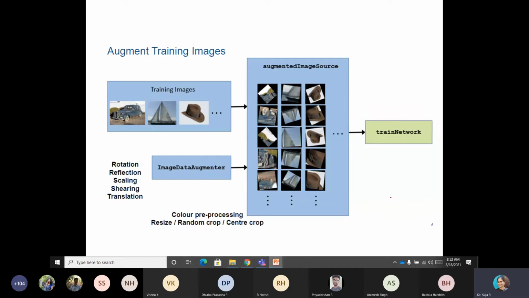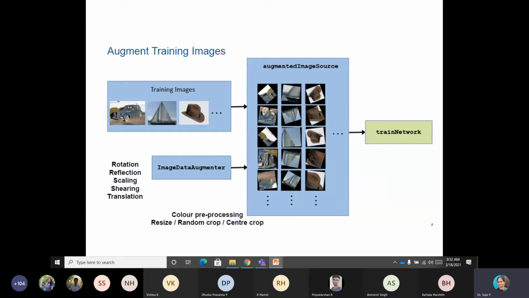Augmentation means we are performing operations like rotation, reflection, and scaling. I think in the beginning I explained all this. All these are called two-dimensional transformations, or affine transformations, because they don't alter the contents, only their geometric locations are altered. So an image will be augmented like this.